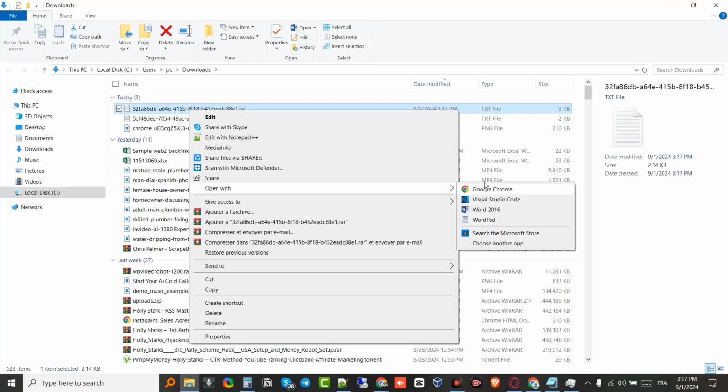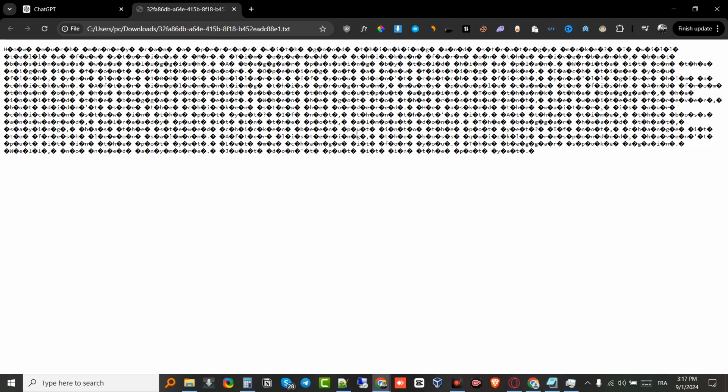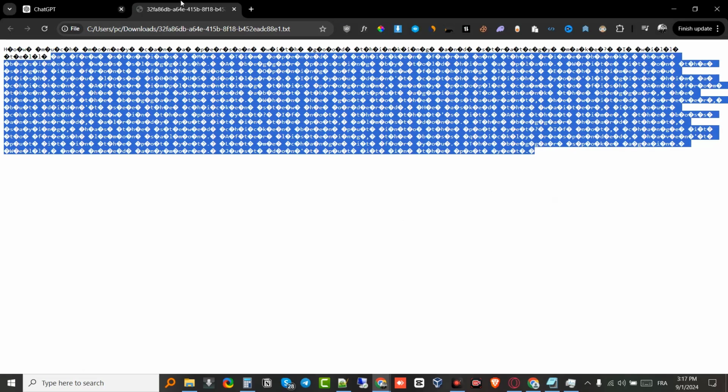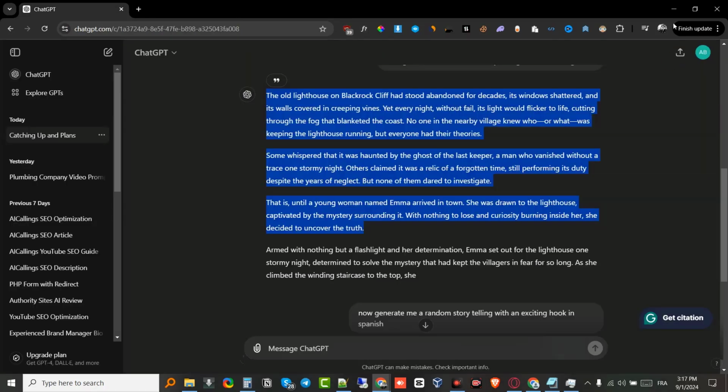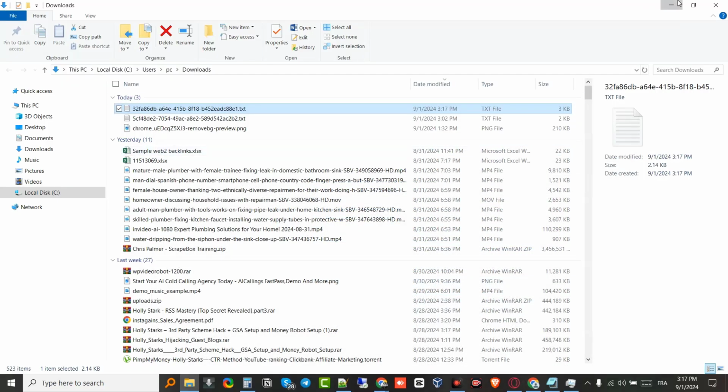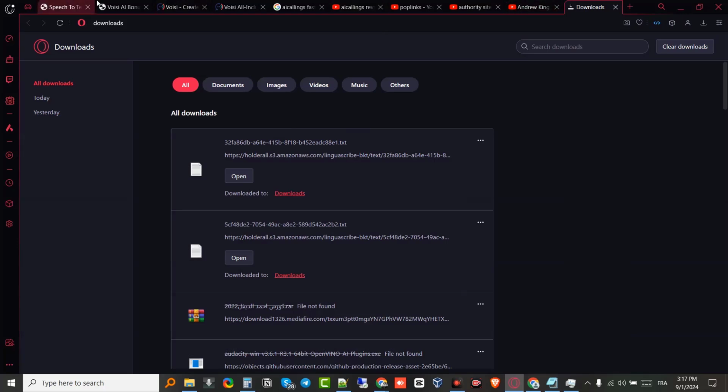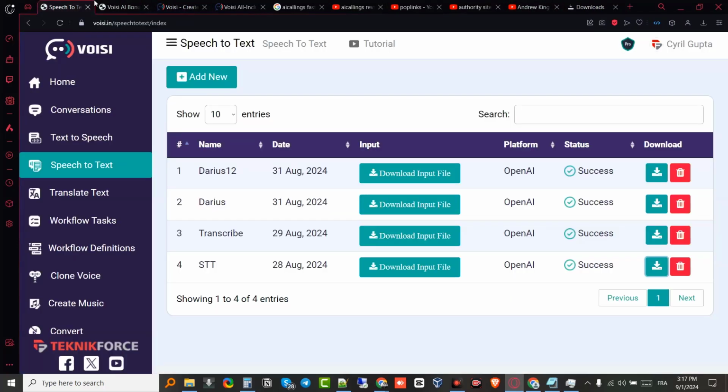So let's just go here and let's open it up in Google Chrome. Again, it's showing gibberish. I'm not sure why. Maybe this feature is not working properly. So let's go back to the software and let's move on. I'm not sure why it's showing literally a bunch of random codes. But anyways, we move on.